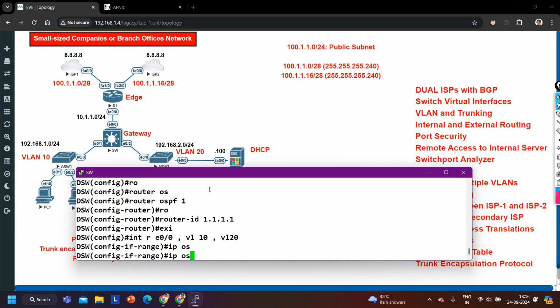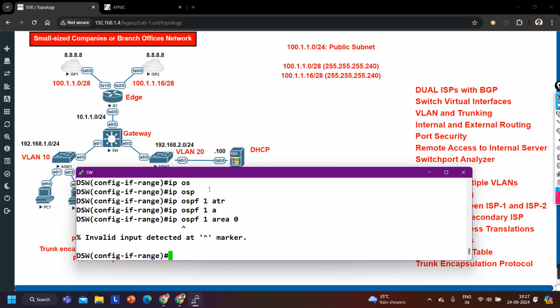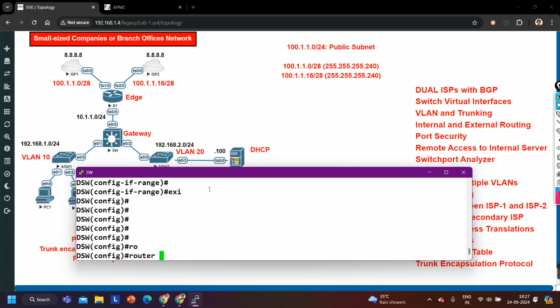Say IP OSPF 1 area 0. I am not able to run this command. I have to run the network command here only. Router OSPF 1, and then I can use the network command here. Guys, sometimes on the interface, this is just because of the simulation, we are not able to run OSPF on an interface basis. So here I can run network